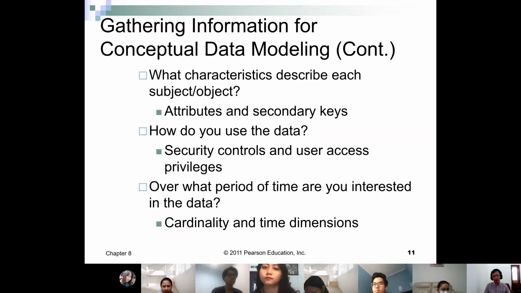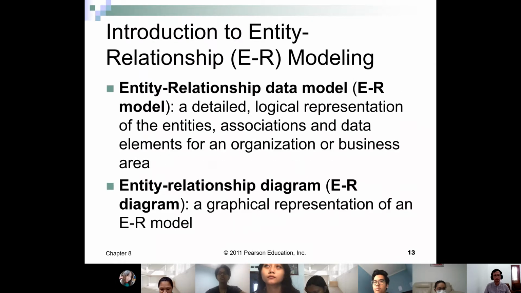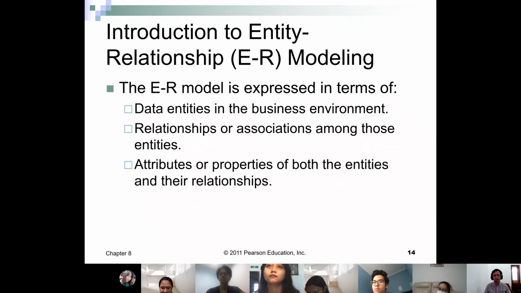in European Union countries. So how to gather the information for data modeling? Similar to other requirements, you ask the stakeholders, look at the documentation, and observe the process, things like that. So similar to others. We use entity relationship.